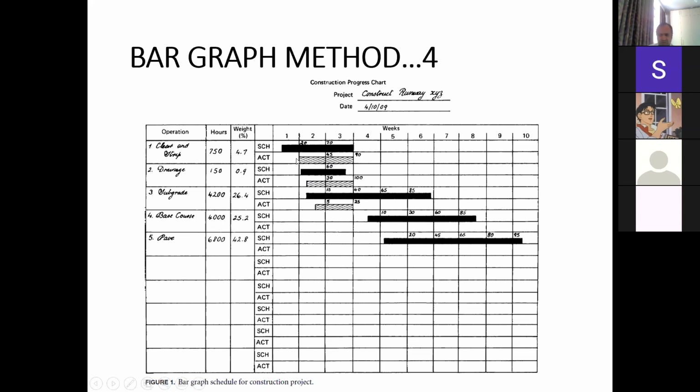Okay, so first of all, what is a bar chart? As you can see, in the bar chart we have certain activities in the project, and those activities are represented by horizontal bars. So in this case, the dark black bars are showing the activities. A simple project of about 5 activities has been shown over here, and their names have been shown over here.